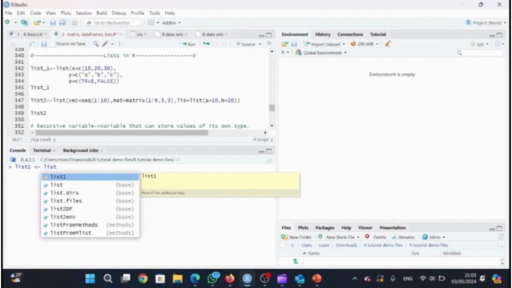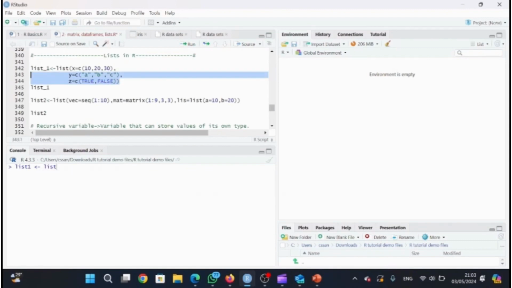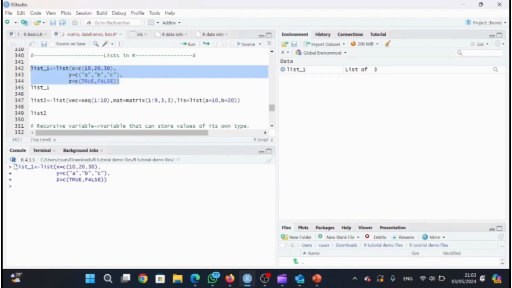So for example here, x, give it 10, 20, 30, y, a, b, and c, and z, true and false. So we can use this. If I print list1,